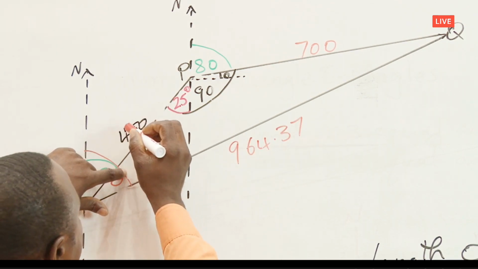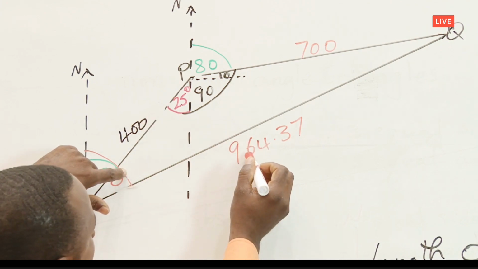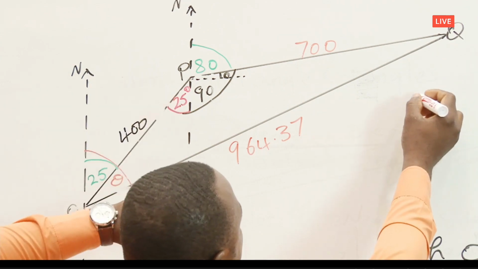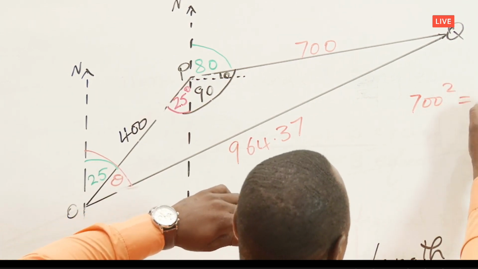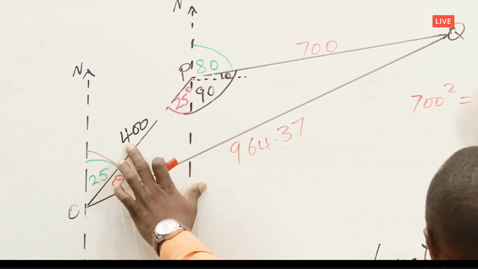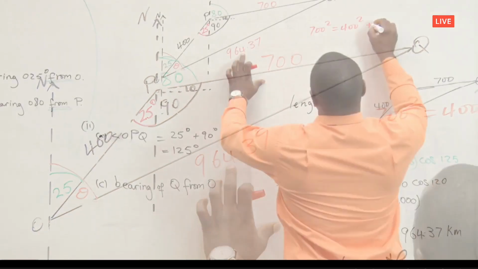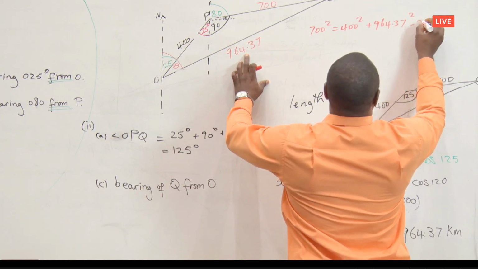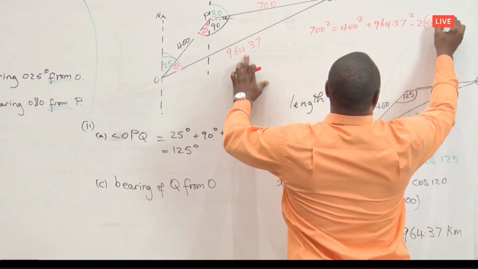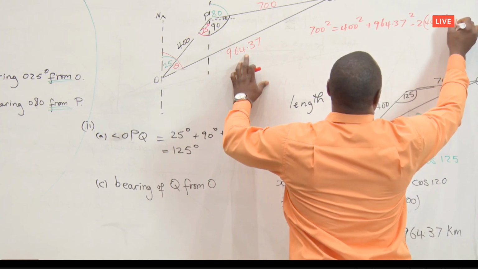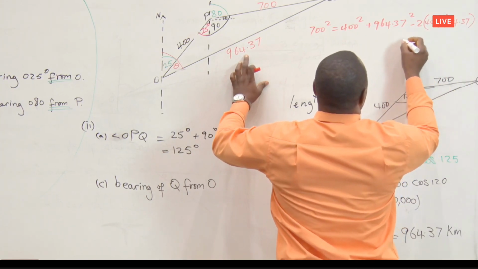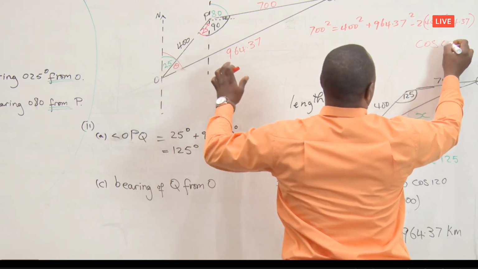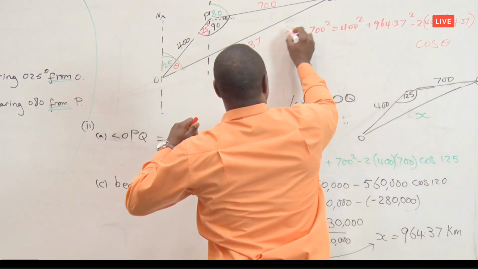So we can make this line and this line the right part of the equation. Let 700 be over on the left side. So we get 700 squared equals 400 squared plus 964.37 squared minus 2 bracket 400, 964.37 cosine of this angle. So we could have used this formula,